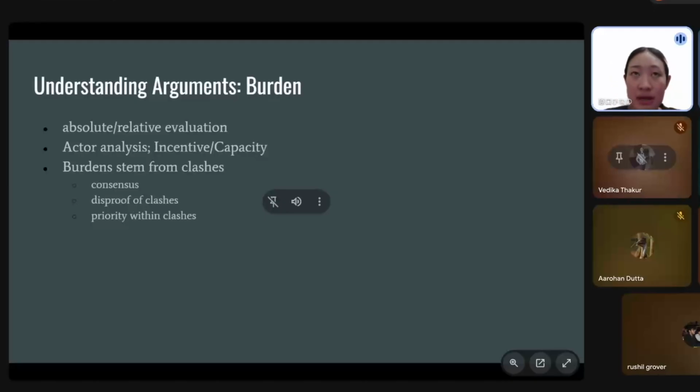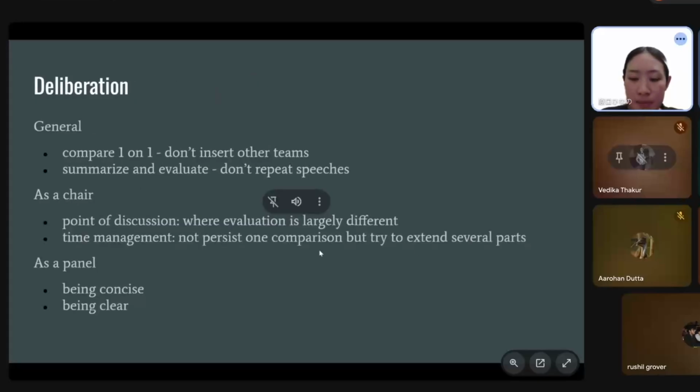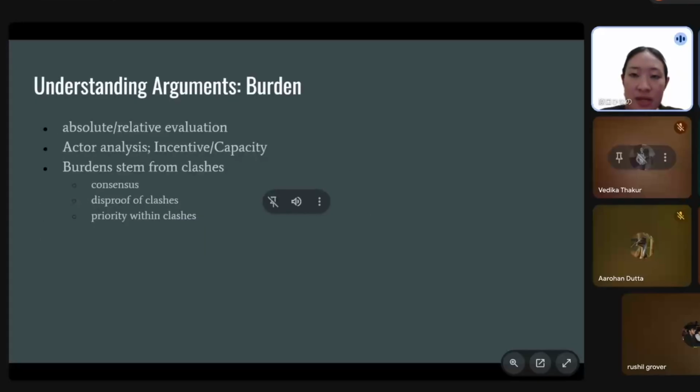Some depend on the round and some do not depend on the round. So it is important to distinguish what burdens are required in that round. So far I explained how we can understand the arguments, how we can assess the